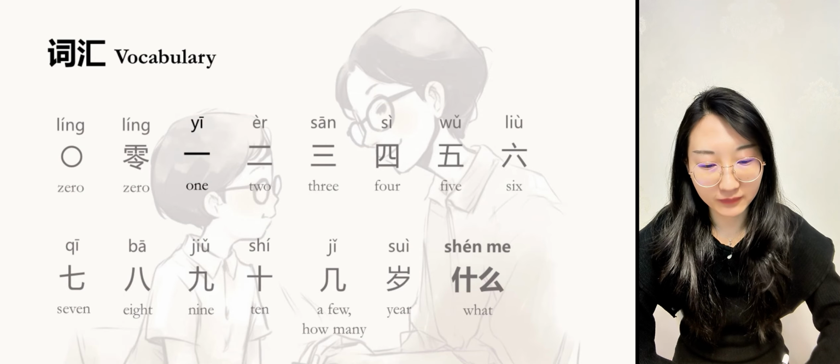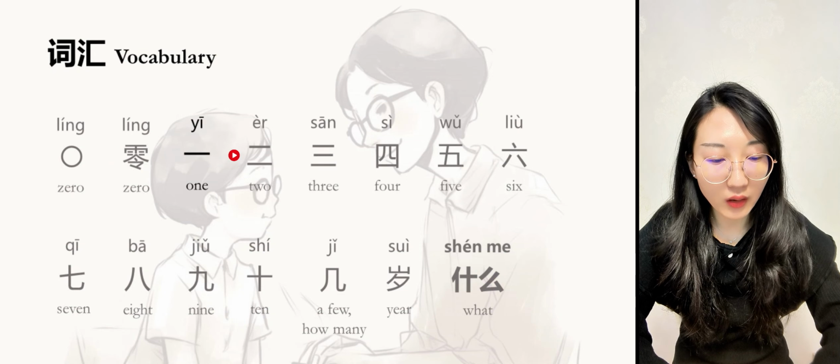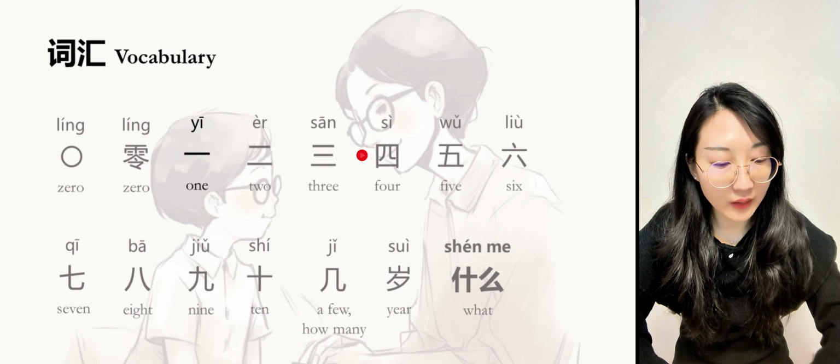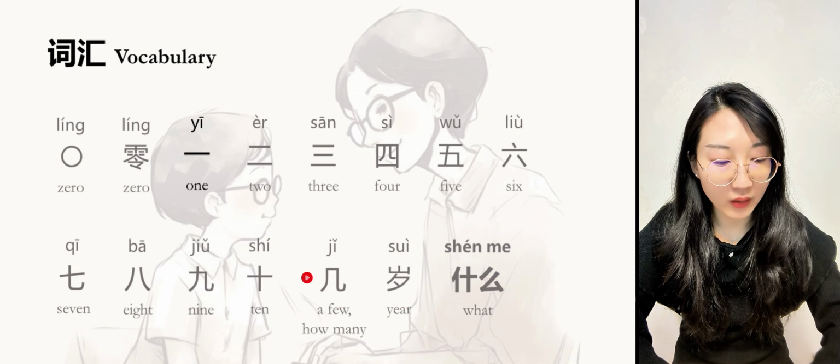You can read after me now. 0 1 2 3 4 5 6 7 8 9 10 几 岁 什么